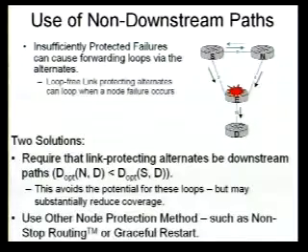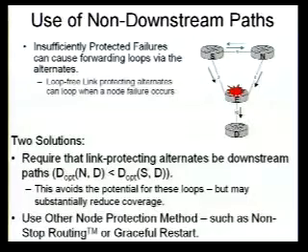Now there's another issue with your loop-free alternates which can come up, which is the alternate is pre-computed to protect against a particular type of failure. It may be computed to protect against a link failure or a node failure or both of those plus SRLGs. But if an unplanned, more severe failure happens, then you can have looping via the alternates.